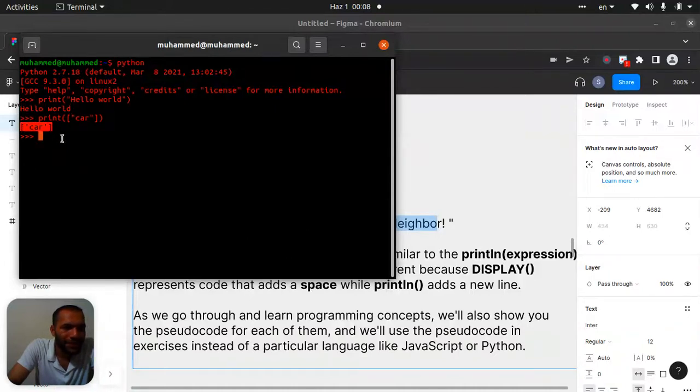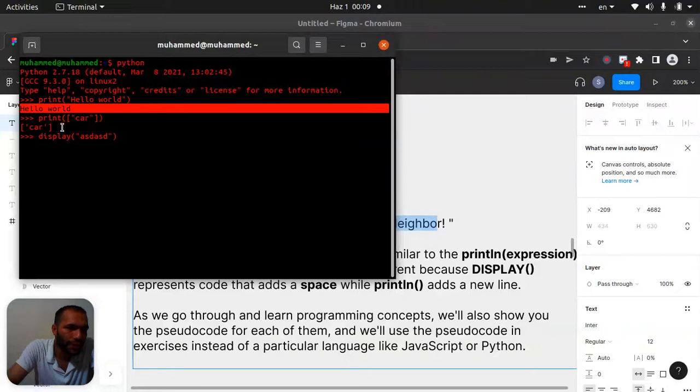Okay, but in display mode, here you'll put your expression, blah, blah, blah, let's say a string, and close it. So when you put another display down, look, here we have two lines.